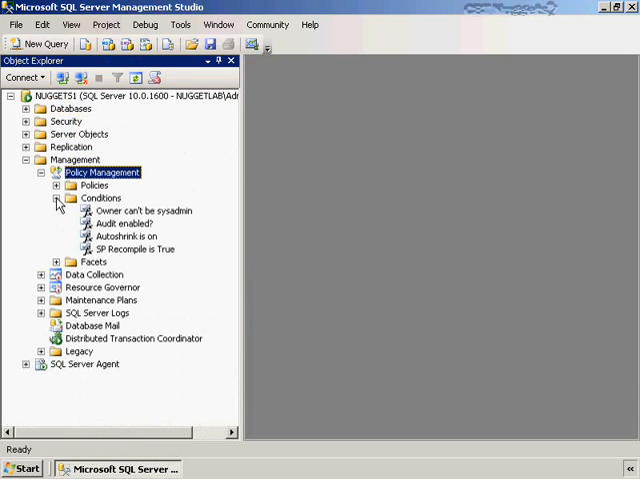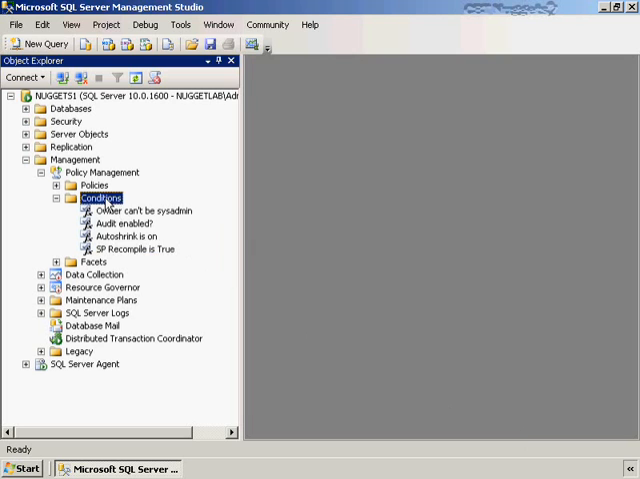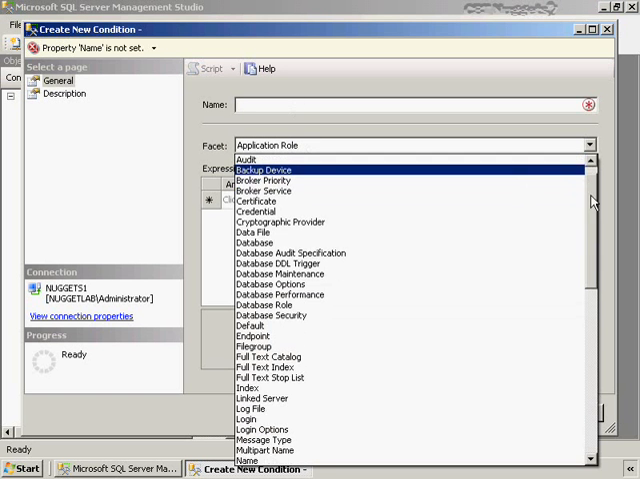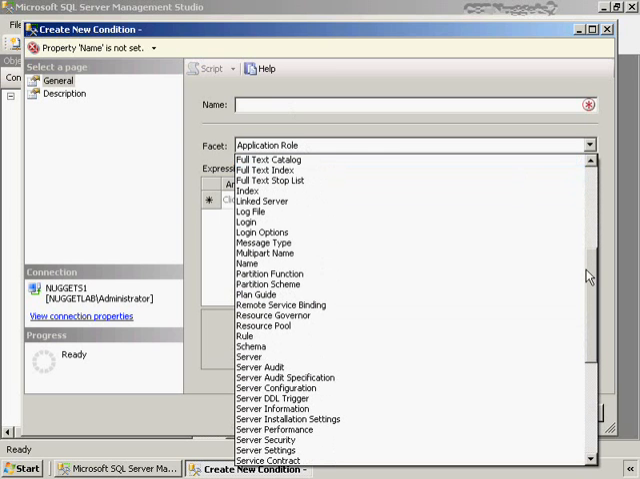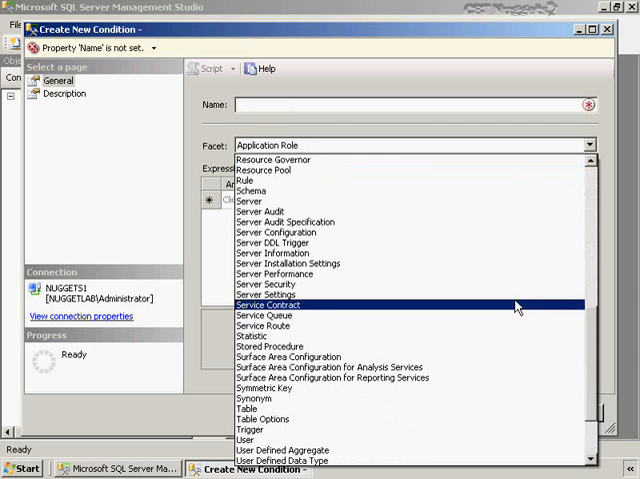Policy management starts with conditions. For example, I've created a condition here called SP recompile is set to true. So let's look at this. This is going to be looking at the facet called stored procedure, and specifically within that facet, it's going to be looking at the recompile attribute to see if it is false or not. So let's create a new condition so you can see this all put together. The facets represent all the different elements of SQL Server. You can see that there are a lot of them in here. Let's go with